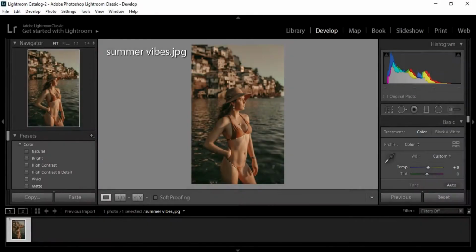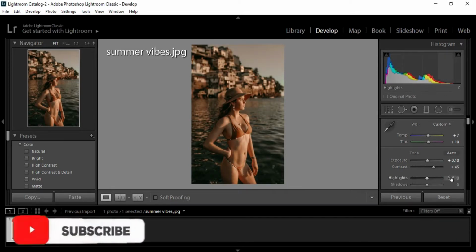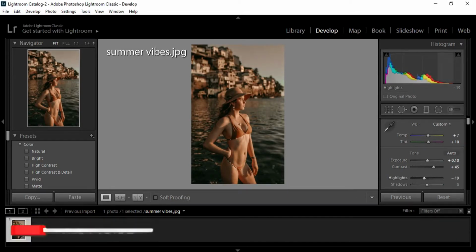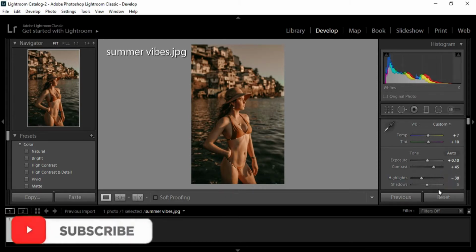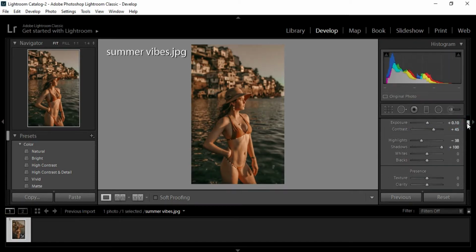First, import your image in Adobe Lightroom, then in the right hand section change the temperature to +7, change tint to +10, increase the exposure to +0.10, change the contrast to +45, change the highlights to -38, increase the shadows to +100, increase the whites to +30, increase the blacks to +40,